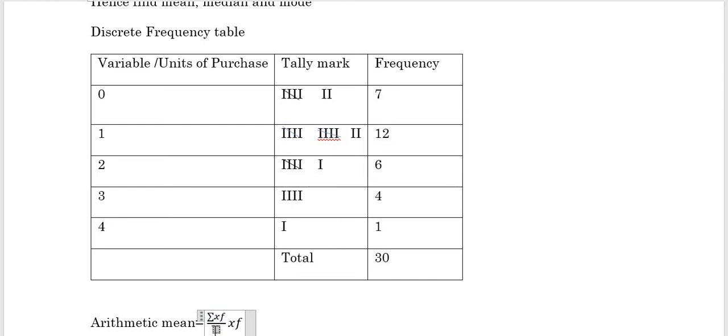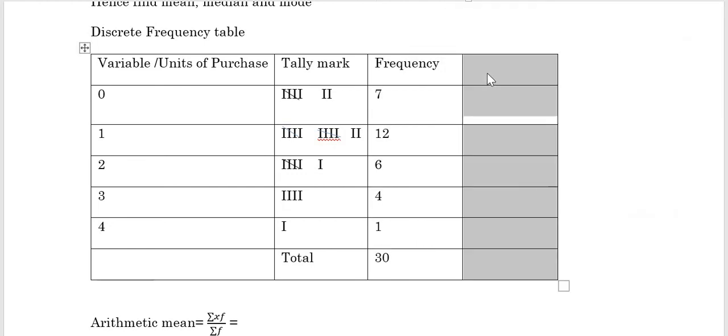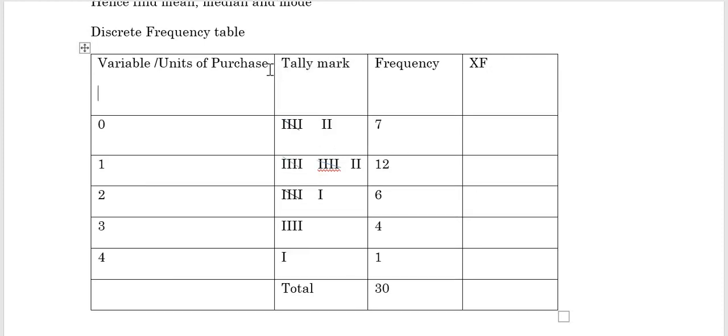Total frequency is the denominator because it is all about 30 days' data, or say 30 customers' data. So we cannot directly write the number of members as 5. It has to be the total frequency. Now to compute that, let us assign a column and compute x into f. Here our variable is the x value and the frequency of the cells is f.